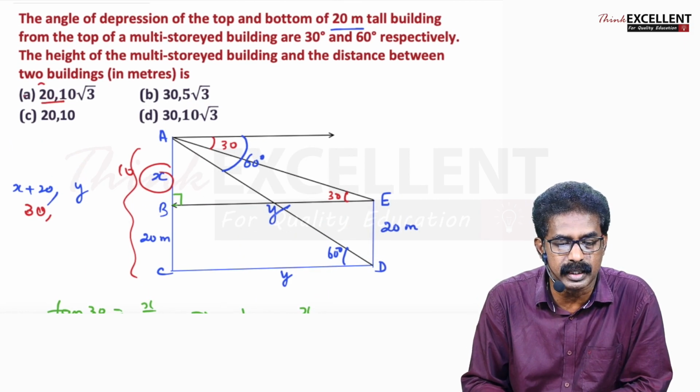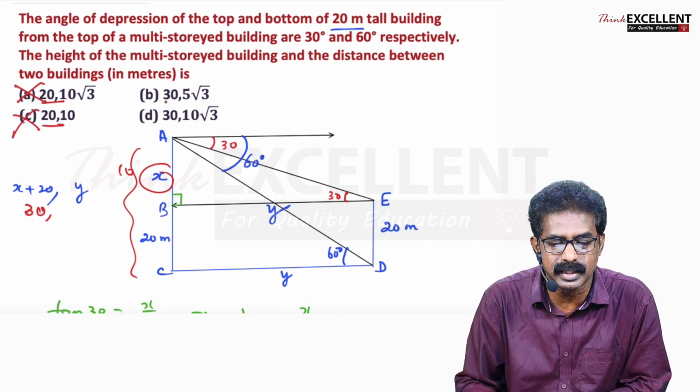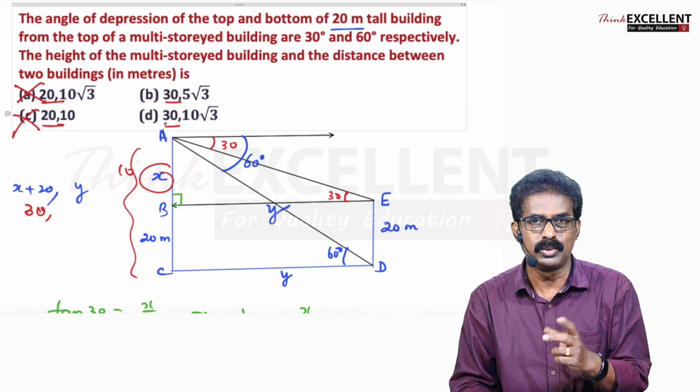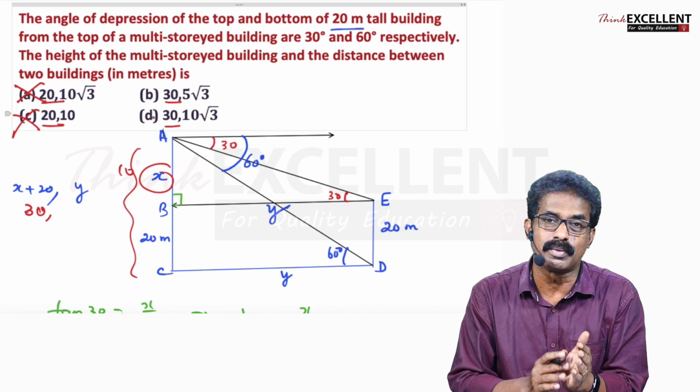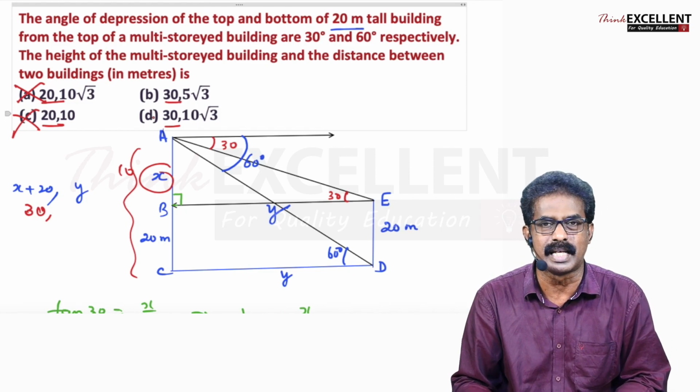So here they given 20. Definitely it is not the answer. Here 20, this is not the answer. So first one is 30. Yes, here 30. Here also 30. Two values they given 30. No? So you have to find the next value also. If only one value 30 means okay, you can take that as your answer.